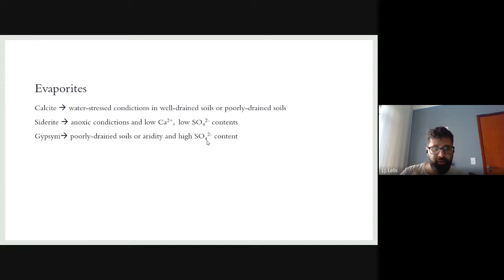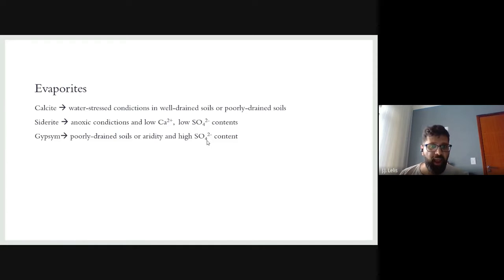So these are salts that are formed in different conditions. We can see the calcite that's formed in water-stressed conditions in well-drained soils. It's very common to identify calcite. We can see the siderite formed in anoxic conditions when we have a low content of calcium and a low content of sulfates, but a high content of iron and high biological activity, and the gypsum that's formed in areas